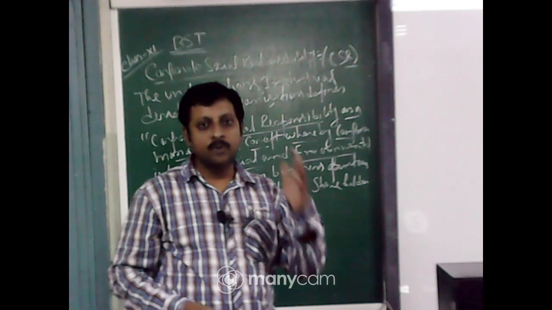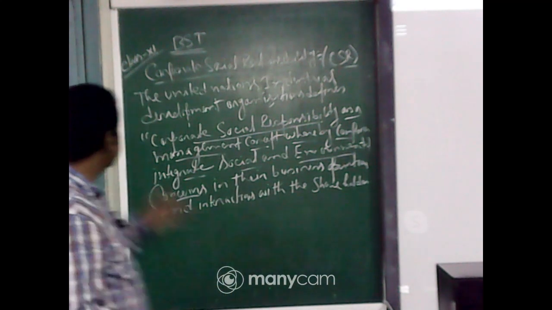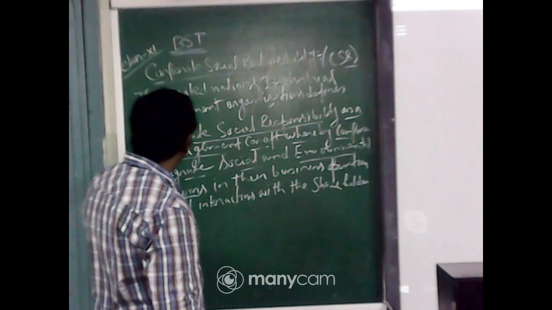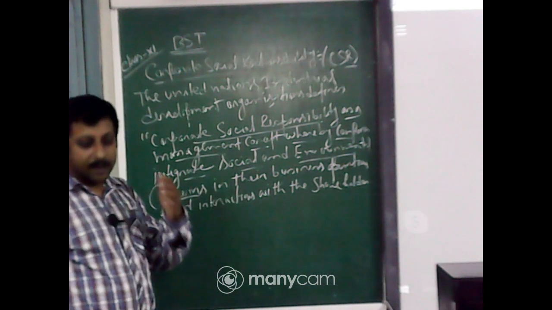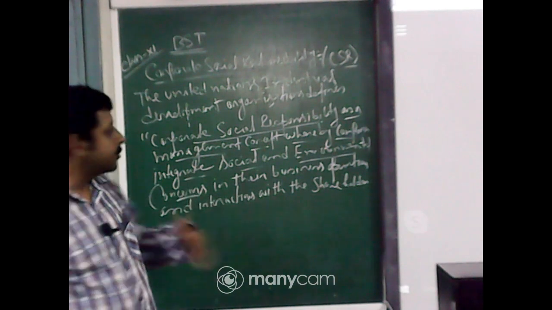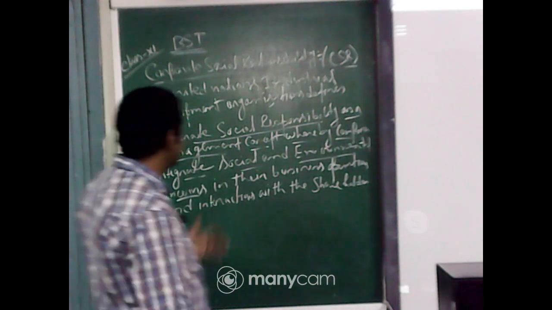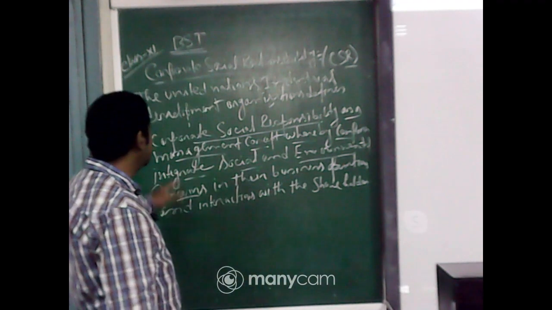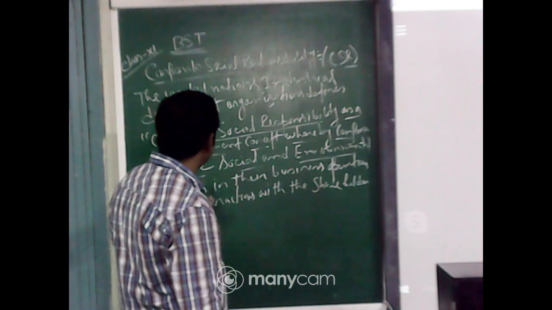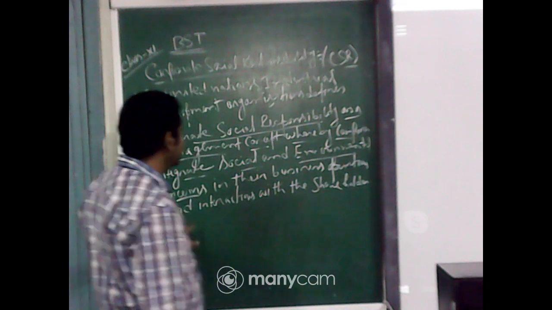So for that they should take a measure. That is what the United Nations Industrial Development Organization speaks of. Whatever measure needs to be taken, they should take it, and that is how they can fulfill their social responsibility towards society. Okay. So this is how they talk about integrating social and environmental concern